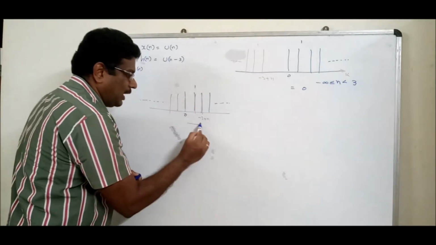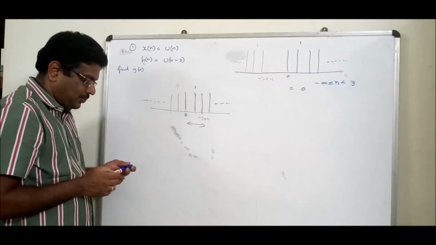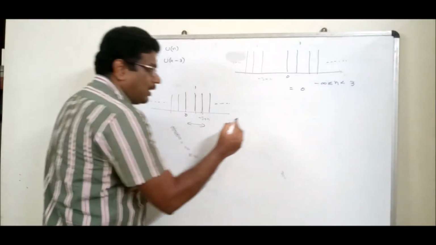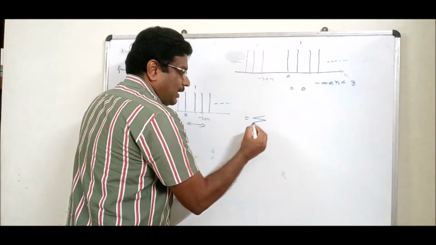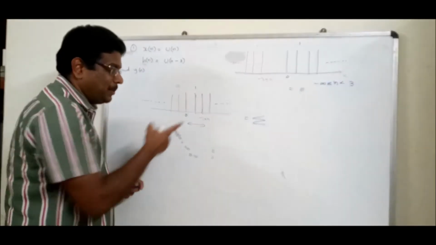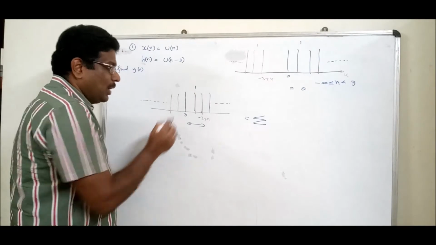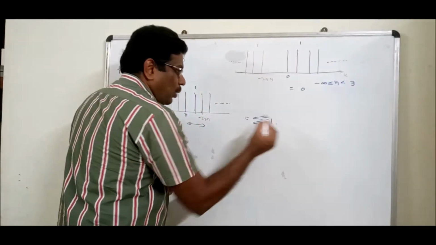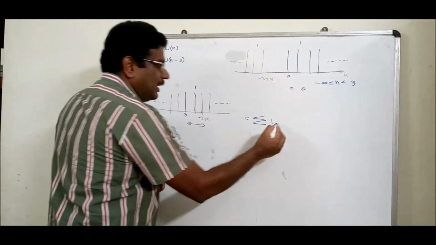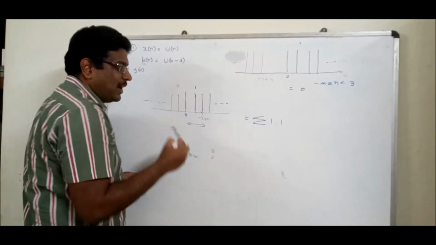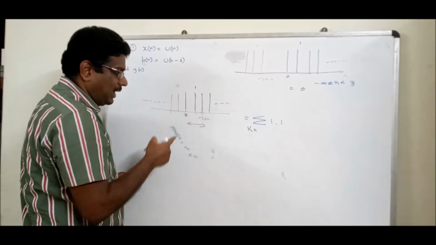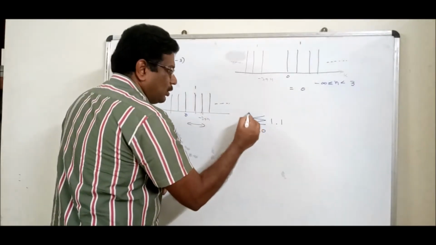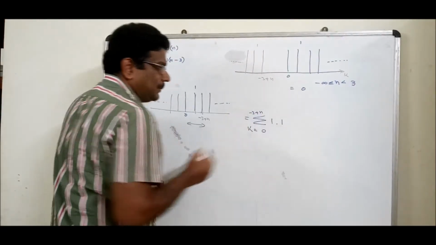Just recall like our continuity. Is it the common place? Yes. Now, it is not integration. Good. It is summation, because it is discrete. Now, what is the x signal? 1. What is the h signal? 1. Where to where is the common area? The k varies, because it is the k axis, okay? Varies from 0 to minus 3 plus n.